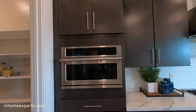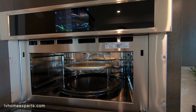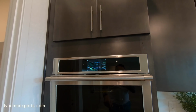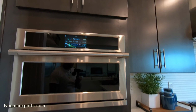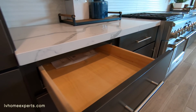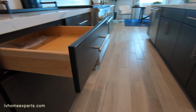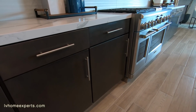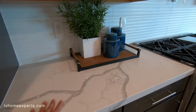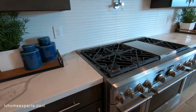So we have your convection microwave here. Beautiful. Look at this. Actually connects through Wi-Fi as well. I do love that. Let's take a look at these drawers. I bet you they got standard drawers here though. Oh, dang. They upgraded it with the dovetails. Undermounted glides. Look at that. Soft closing cabinets. They definitely did an upgrade on the quartz countertops here. And also, look at this